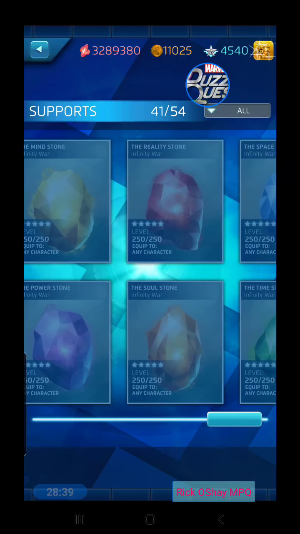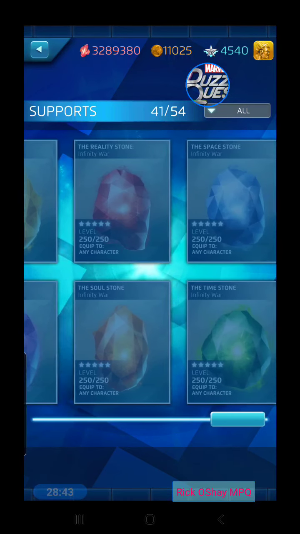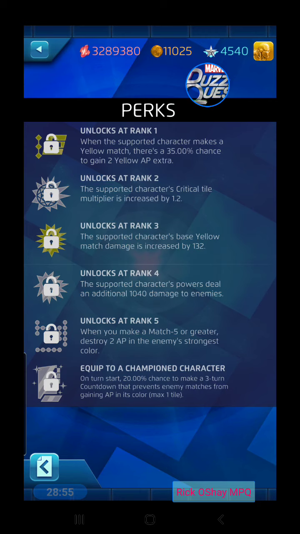And now, have you seen any of these Power Stones equipped on anyone you know? They're awesome. They have a bunch of different features. The Mind Stone, when you equip it, look at the very bottom with the perks they equip to a champion character, and the perks are really pretty awesome. Getting a 5-tier